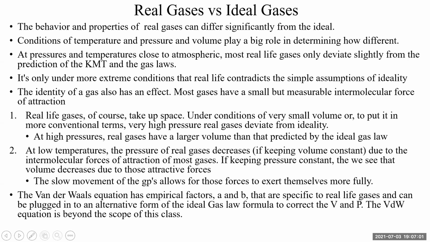They subtract volume. Say there's a factor that subtracts a certain amount from the volume to account for the fact that gas particles take up space. So actually less volume in real life than the ideal gas law states. And there's a factor to add back to the ideal pressure to account for the fact that there is a buildup of pressure because gases take up space. And they also have some repulsive forces as well as attractive forces.